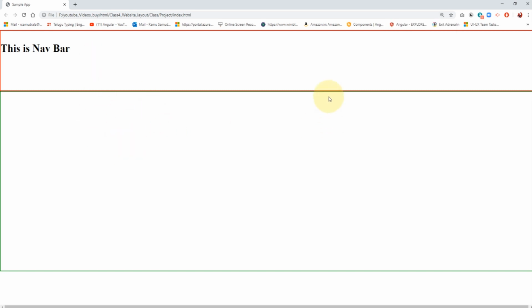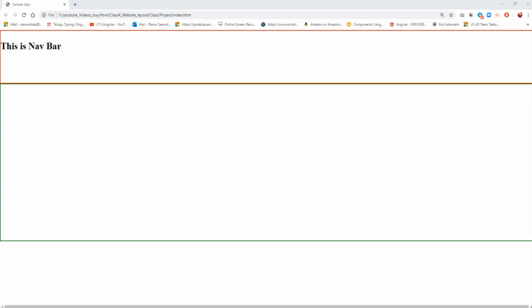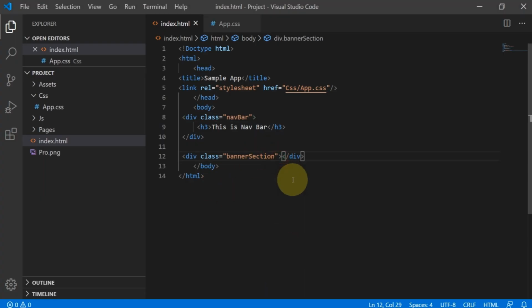Now we need to divide this div. How to divide? Simple logic, guys: I'm going to take two divs inside this div.